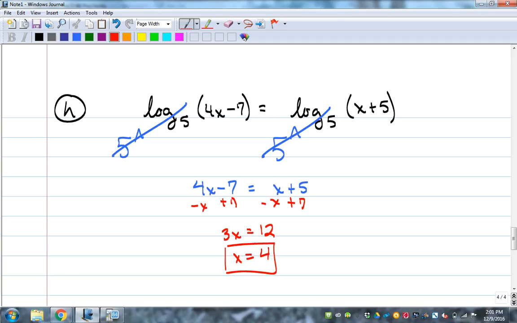You don't usually throw one out when there's only one answer. We're going to get to some of them that have more than one answer. You get that extraneous solution that happens. All right, so